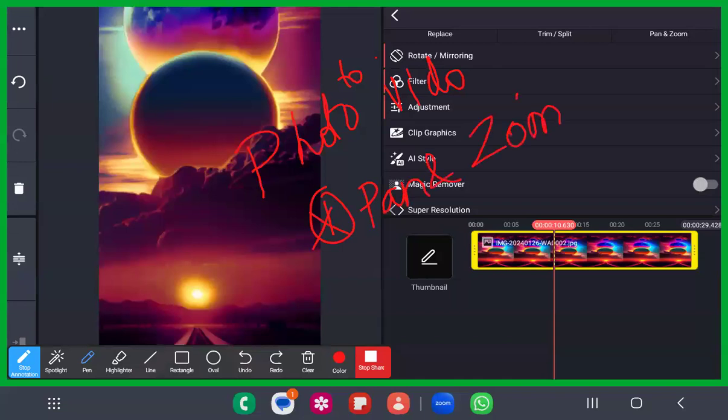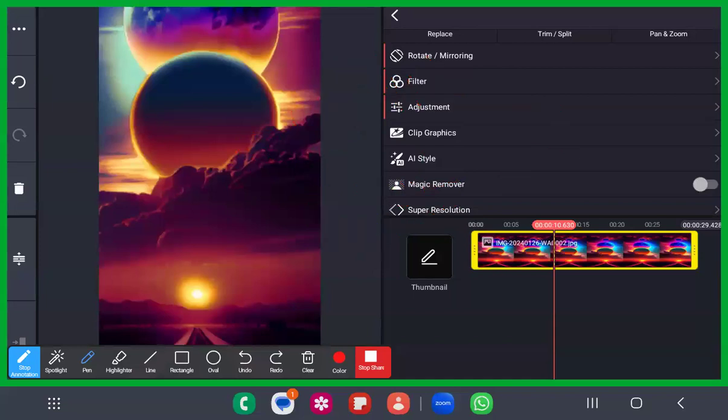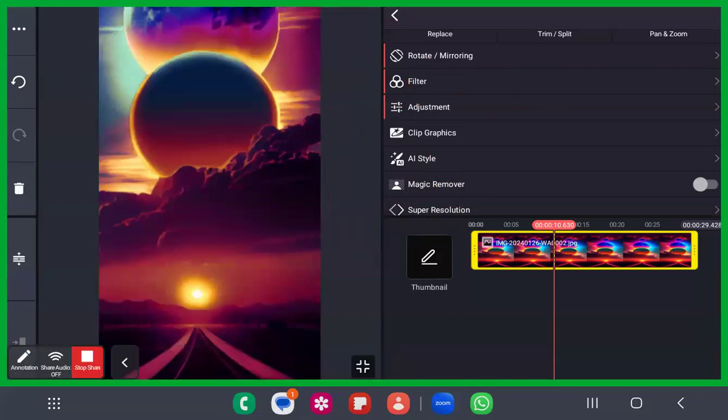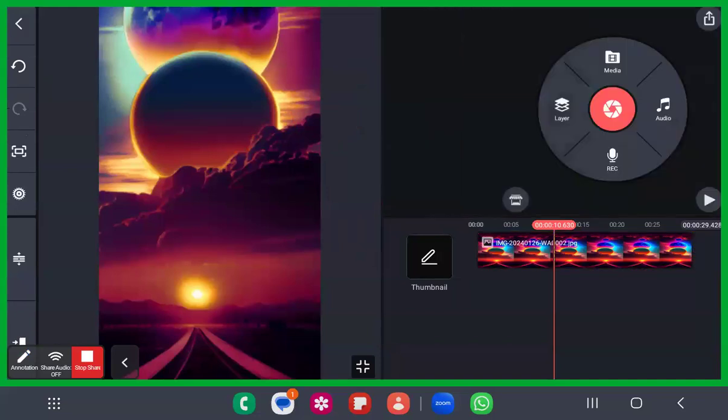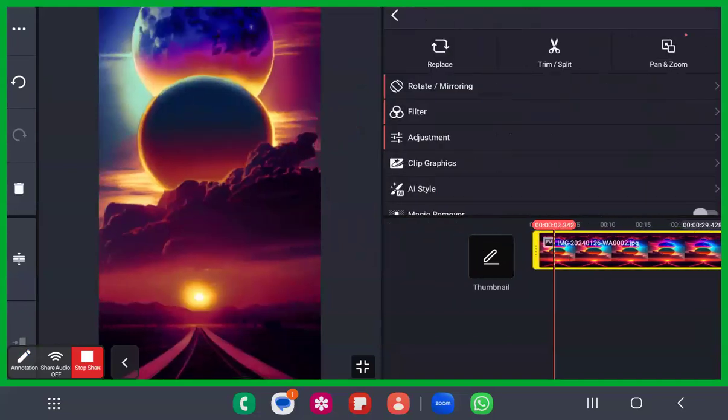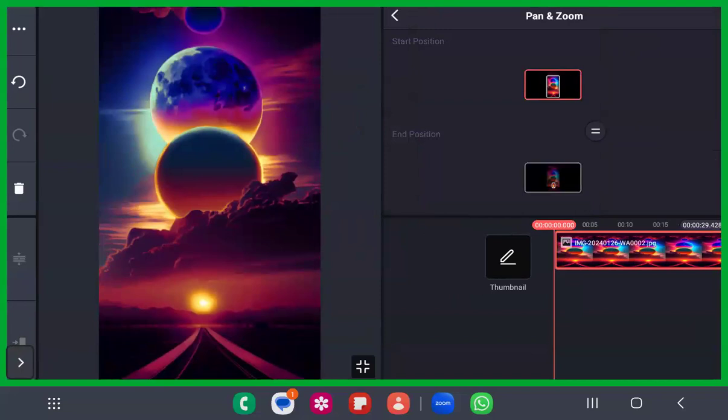For the conversion of photo to video, pan and zoom works wonders. Correct? Remember this, pan and zoom is very important. I would be giving you all homework. You all have to do this. I'll just send you a photo, and you have to make such creative content with that. I'll see how well you have understood this.